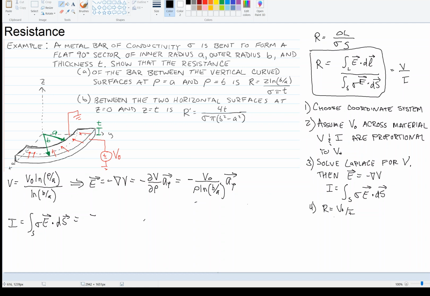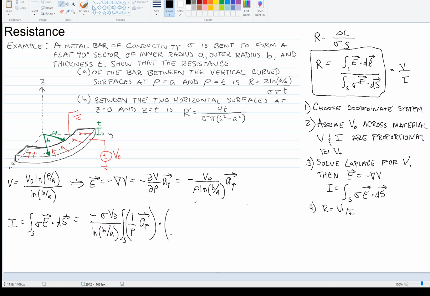So I've got a negative sigma V0 over natural log of B over A times the surface integral. I've got 1 over rho, right, in the rho direction, dotted with